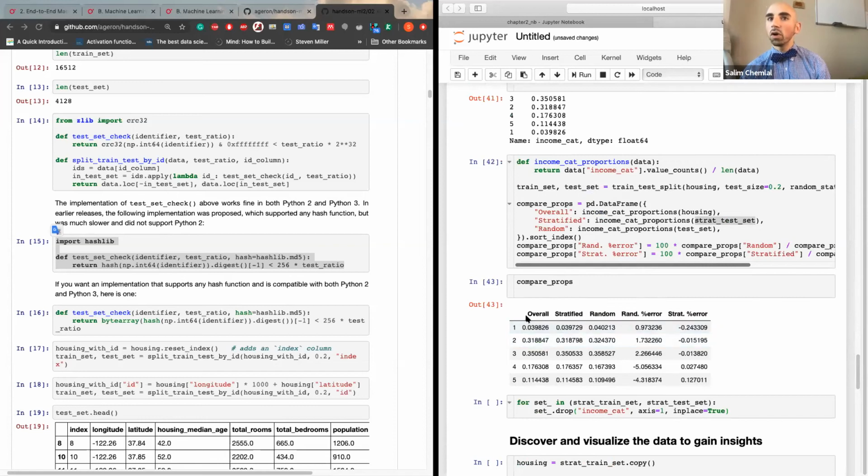So he's showing that the overall, this is what we have. And if we do just random sampling, without stratification, this is the ratio that we get per class or per group. And with stratification, this is what we get. We can see, for example, that this one is closer to the true representation than the random sample. And that was his point that he's showing. And we can see that there is a slight difference. So for instance, here,